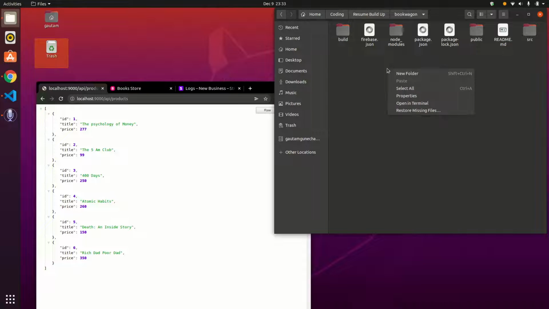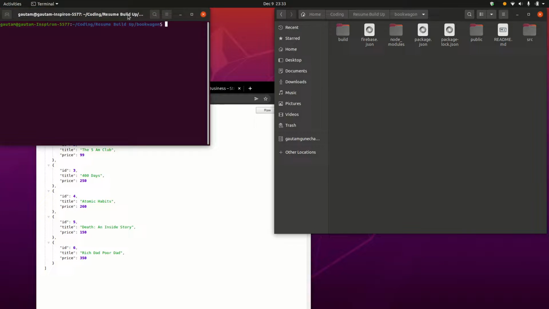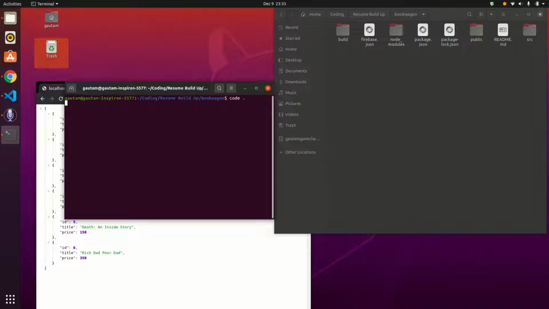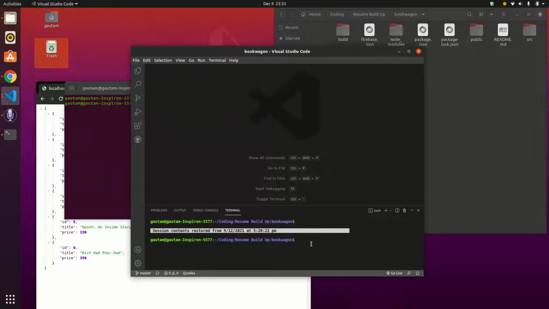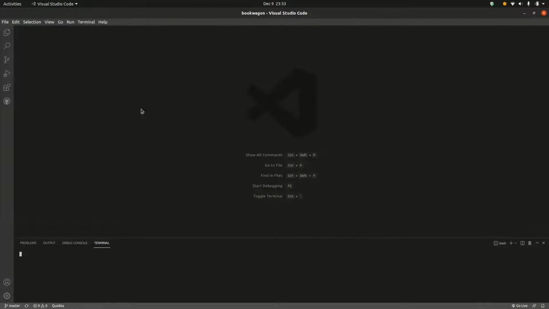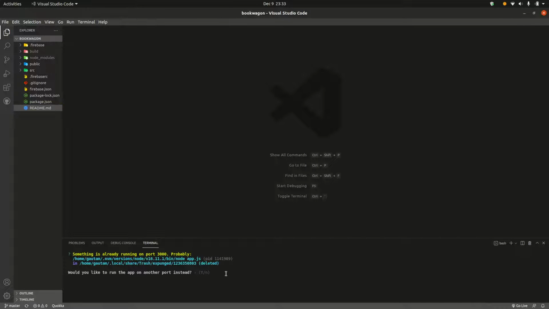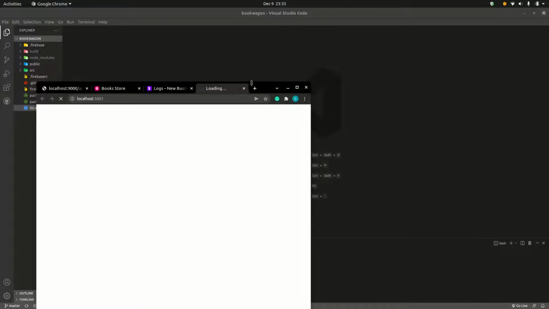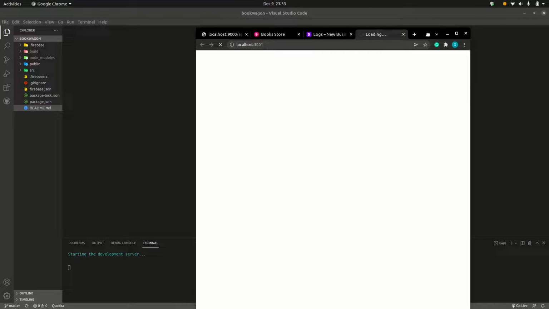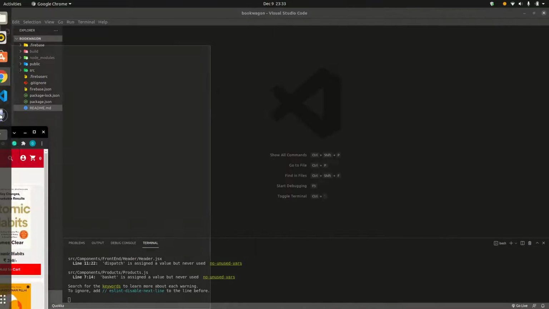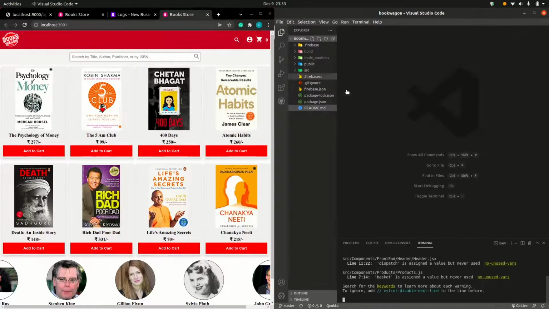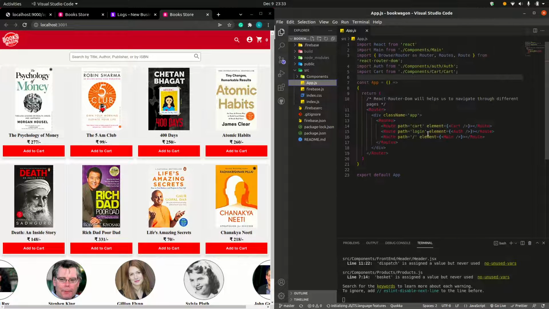And for the code, we can clearly see that this is our simple deploy server.